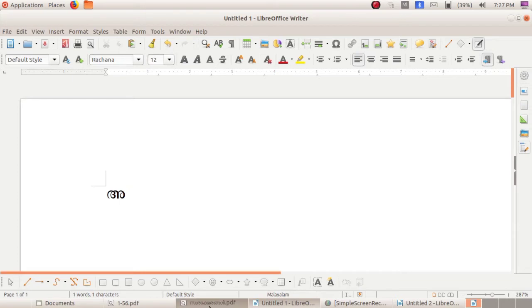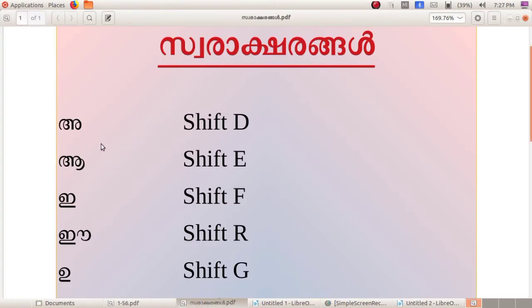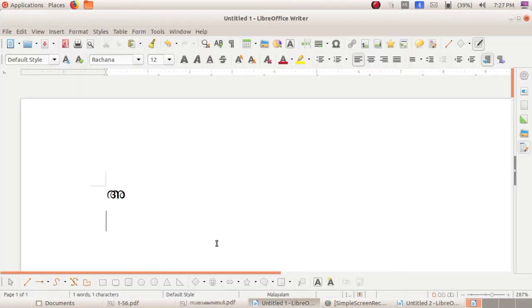A, Shift D. Then the second letter is Aa. How can we type it? Yes, Shift plus E. See here, I am holding the Shift key on the keyboard, then clicking on E. Now Aa is displayed.